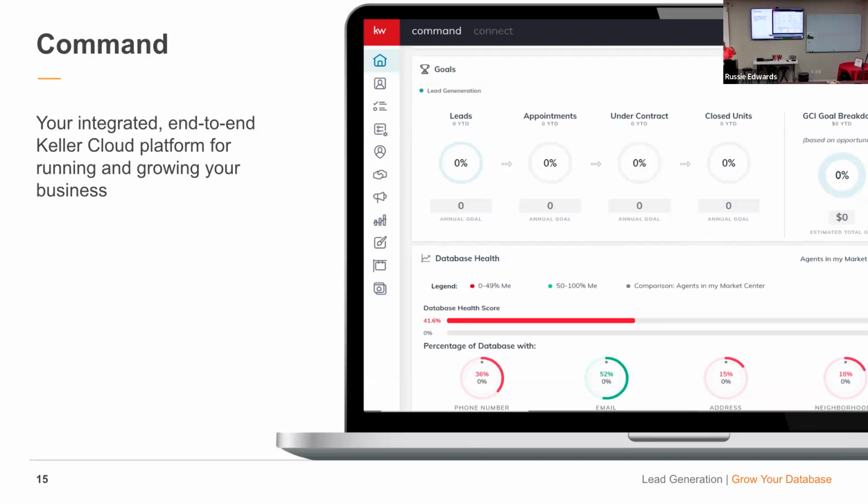Do you remember that number that Jessica had you do on your phone? That number is your potential out of your whole database. Now, if you don't do a very good job of nurturing that database, maybe only 20% of those are going to become your leads, because you don't have time physically to touch 1,000 people 36 times a year. So we have to rely on our automated systems, which we can automate within Command. And then a well-maintained database holds value and can be sold if you choose to retire or close your business.